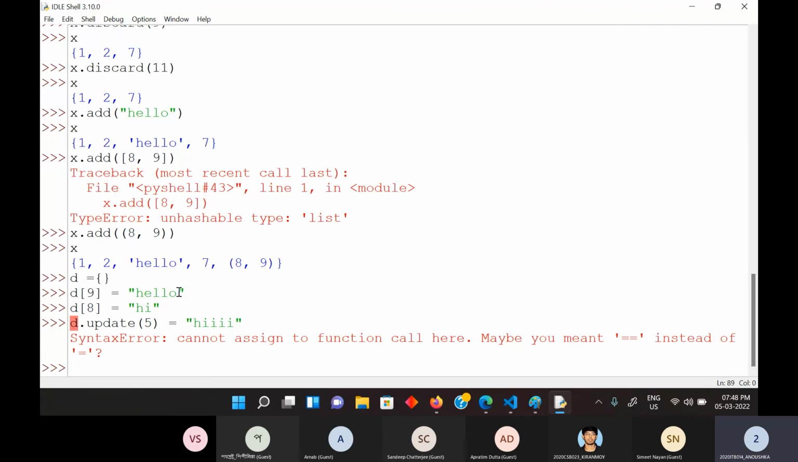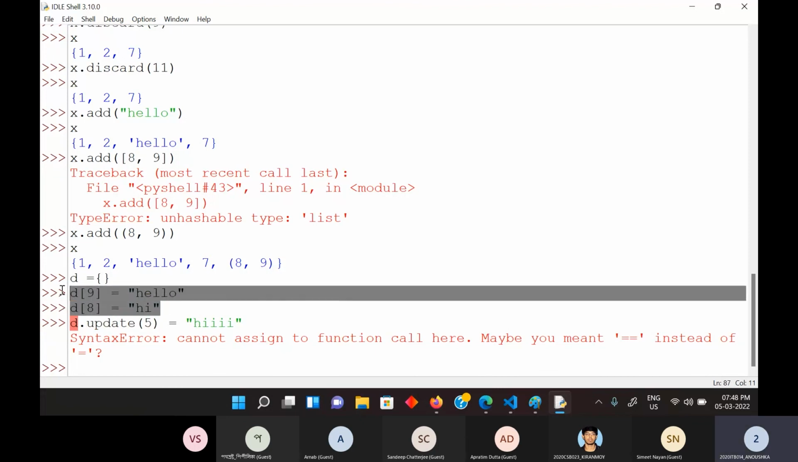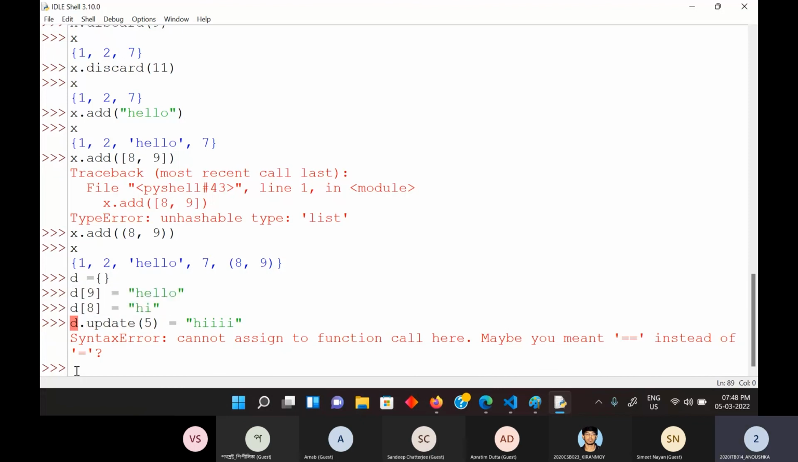Does it not work this way? Okay, so you'll generally not need this update function anyway. This one works fine, just fine. And if you are trying to access an element that does not exist